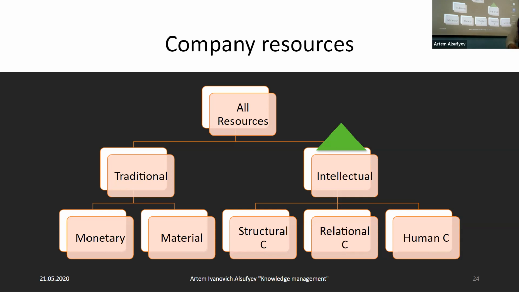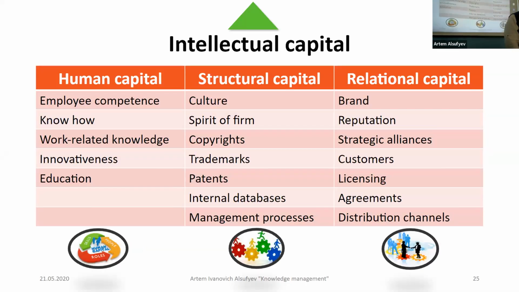Oleg, you asked me about what's inside relational capital. We need to go deeper into understanding what's inside each element of intellectual capital, keeping in mind that these are our intangibles, our knowledge. Obviously we could have employees with different tacit and explicit knowledge, competence, usually as qualification, my knowledge of accounting or auditing, explicit knowledge or tacit knowledge, work-related knowledge, so-called firm-specific knowledge, innovativeness, and basic education. This is one.